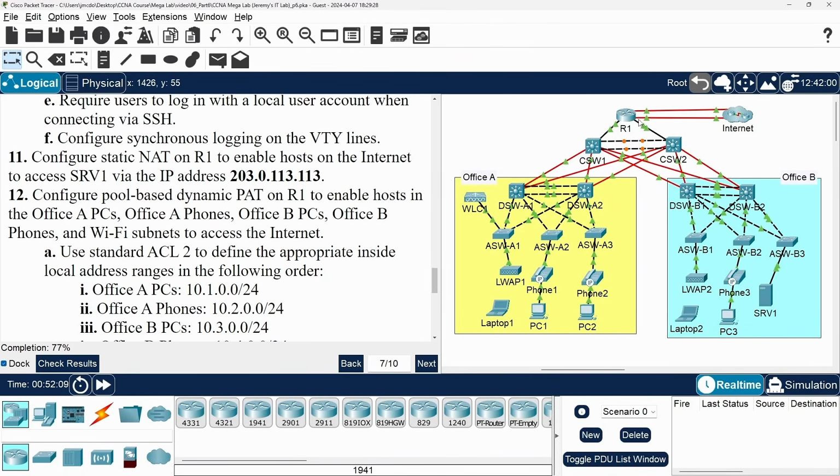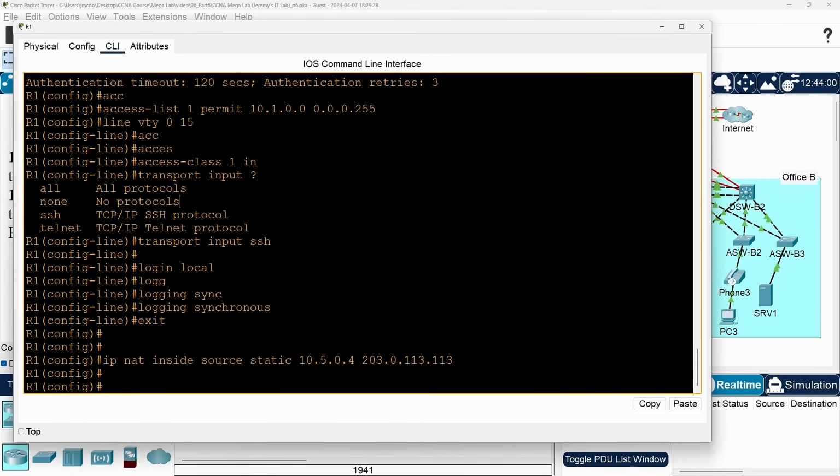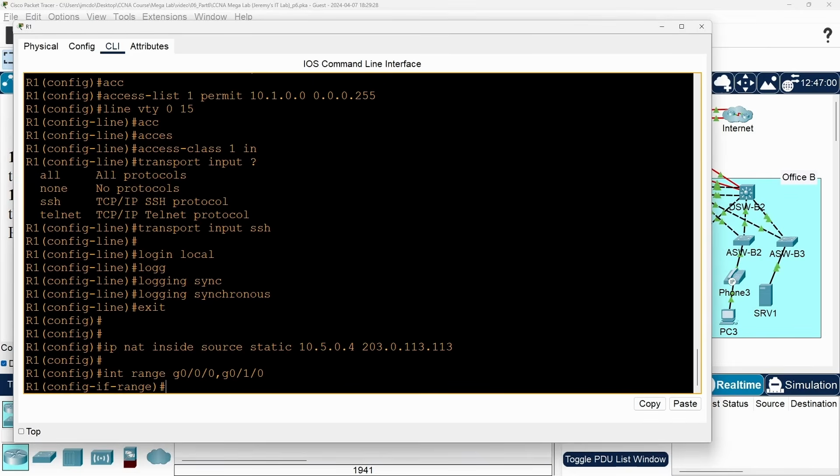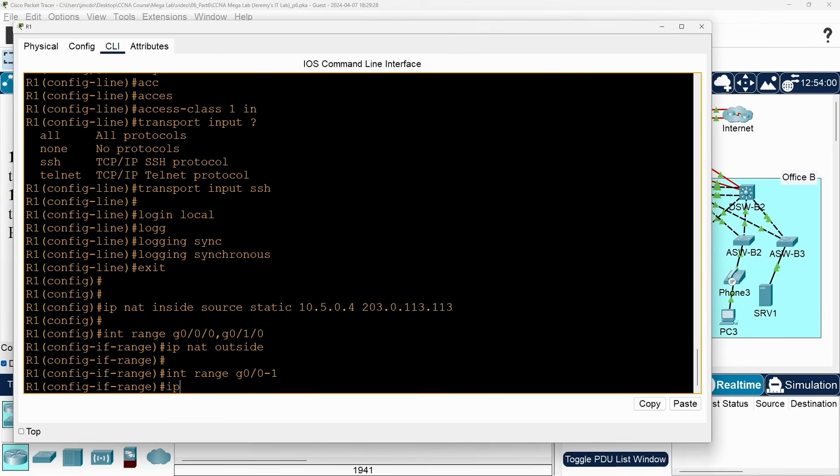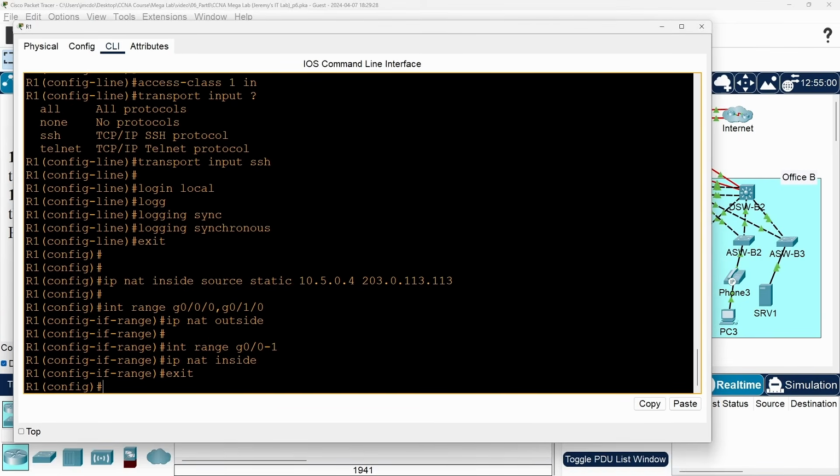R1 G0/0/0 and G0/1/0 are connected to the internet, so I'll make them the outside interfaces. Interface range G0/0/0 and G0/1/0. ip nat outside. And then the inside interfaces are G0/0 and G0/1, connected to C-switch 1 and C-switch 2. Interface range G0/0 to 1, ip nat inside, and exit.